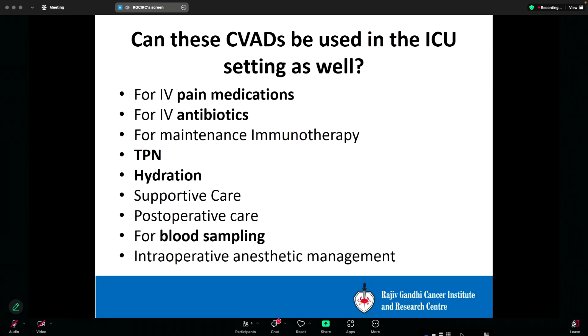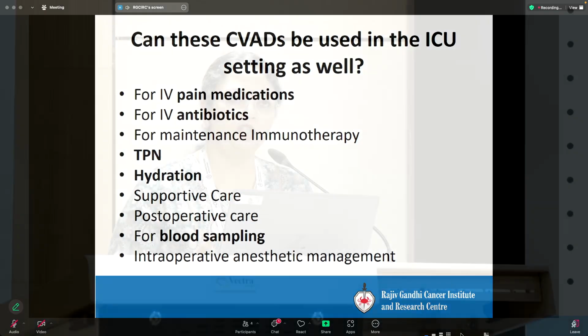So in the ICU setting, can we use these lines? The patient's already had a venous access device inserted. Now the patient has surgery and is in the ICU for post-op care, or has had infection and is there for supportive care in the ICU. Definitely we can use these access devices for pain medications, antibiotics, TPN, immunotherapy if it is required as maintenance, hydration,